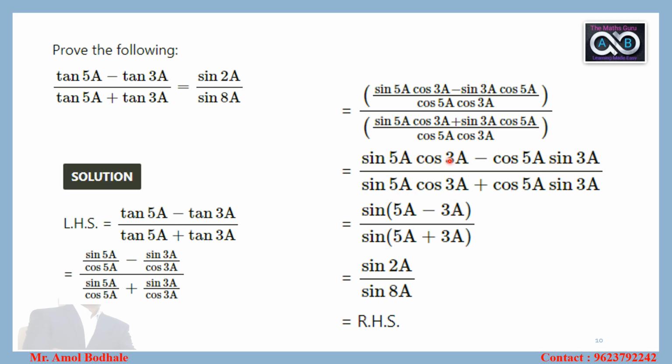Now what is our requirement? We require here sin 5a, so that's why we will divide by cos 5a here. And we have to eliminate this term, so we'll divide by cos 3a. That means we will divide by cos 5a and cos 3a the whole numerator as well as the denominator. Then we will get exactly the LHS. Even in this way we can prove the above statement.